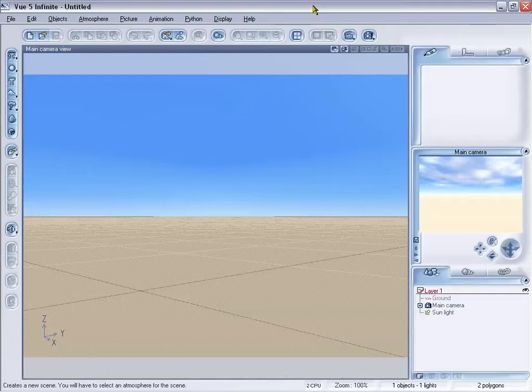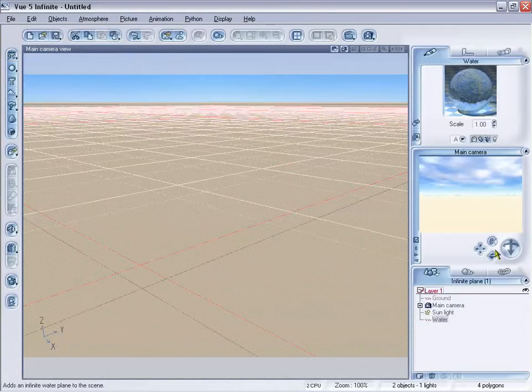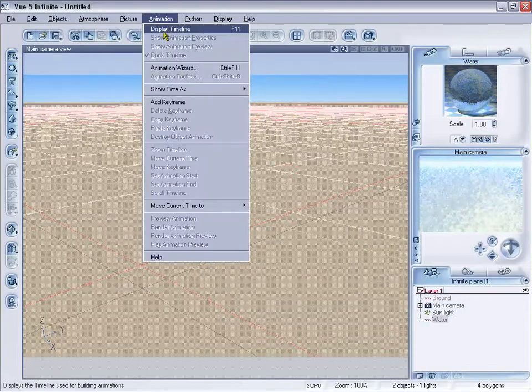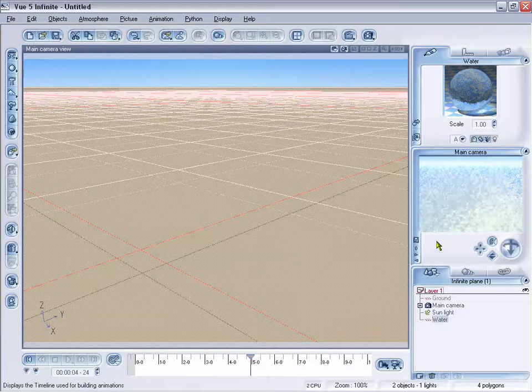Okay, I'm going to show you some water effects now. If we go ahead and load in an infinite plane of water, as you can see we have our default water loaded in. But if we open up our display timeline under animation, and we render, you see there's no change in our surface as we're rendering,